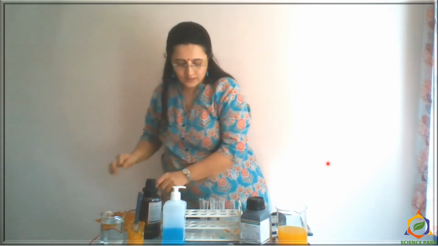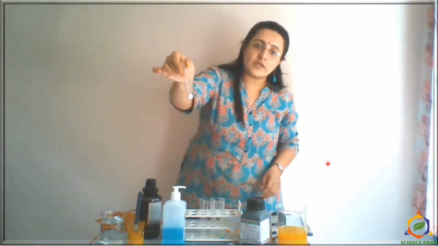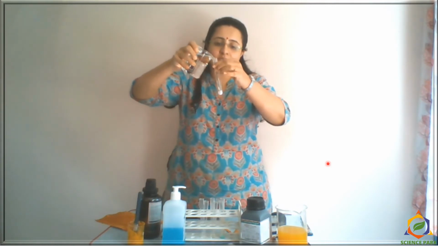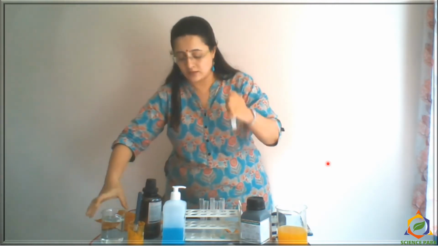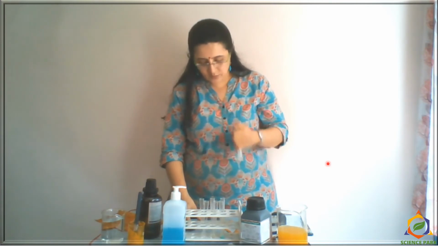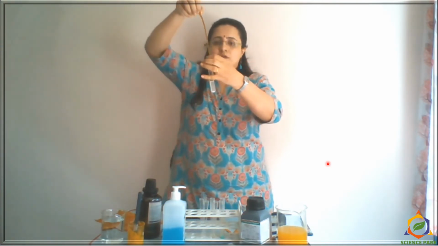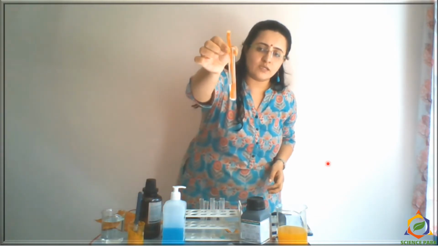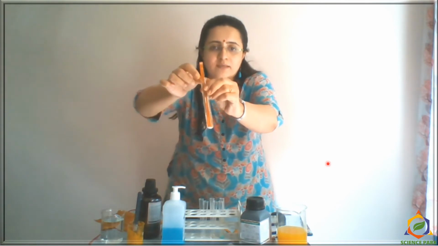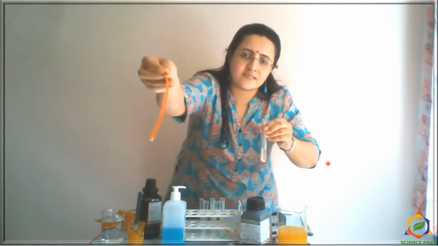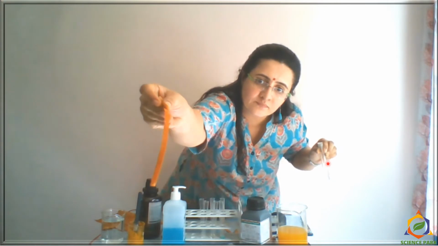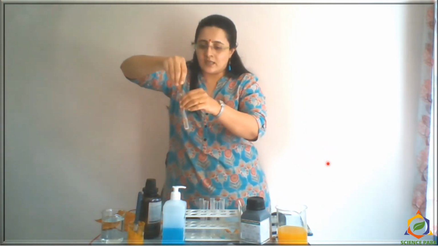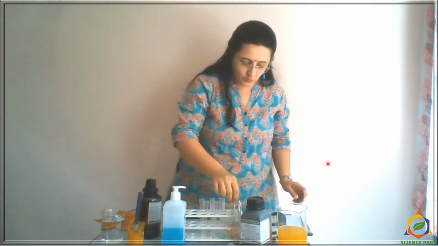Okay, now here I have sodium bicarbonate, eating soda that we have in our kitchen. So I am adding some water in that, making a solution out of it, shaking it well, and now I'll put my strip of turmeric paper in that solution. Now let's see what is happening here. Yes, it is turning red in color. It shows that this is a base. Can you tell me the formula for sodium bicarbonate?